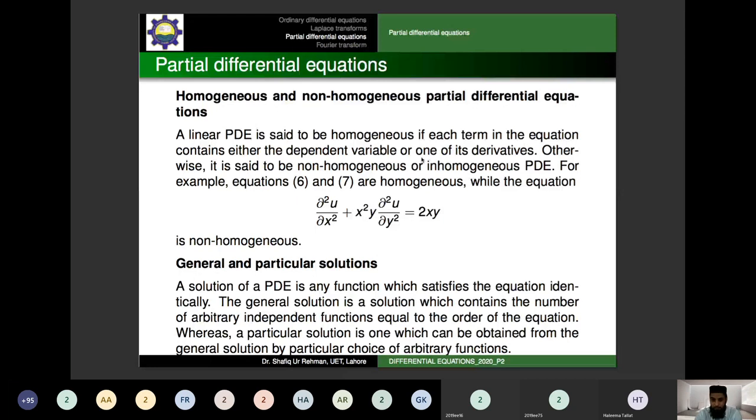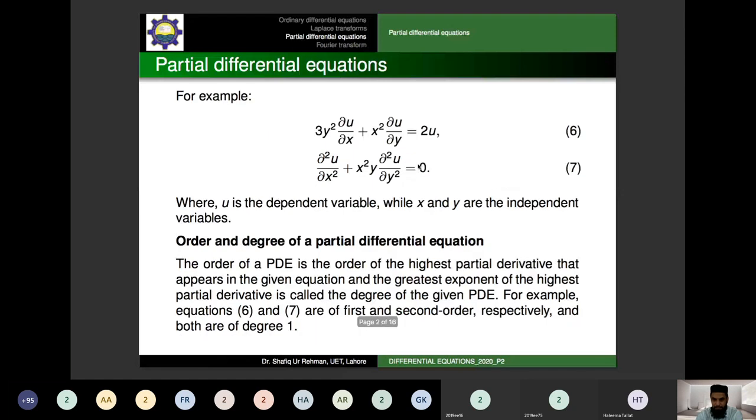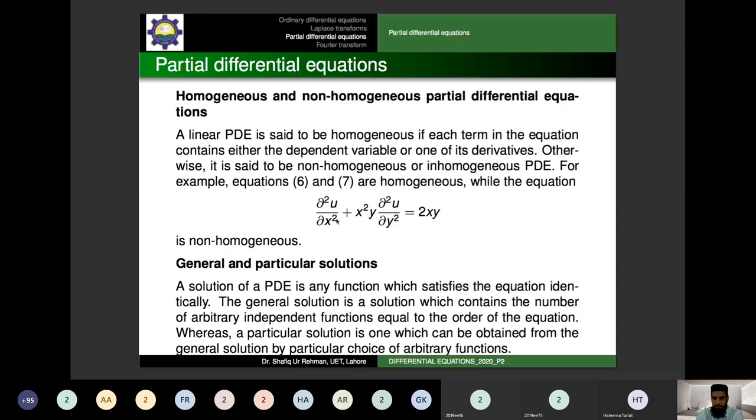Now closely look into this equation. We regard that one as non-homogeneous, but have a look at this example, equation number 6. Pretty much the same structure is there. The right hand side is non-zero, but you see that we have the dependent variable and derivatives on the left hand side. No problem with the left hand side, but since the right hand side is independent of the dependent variable, this is how we say that it is going to be non-homogeneous.